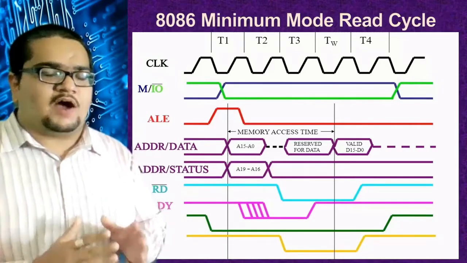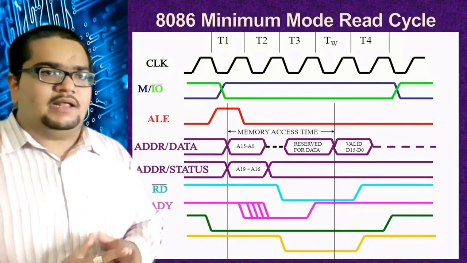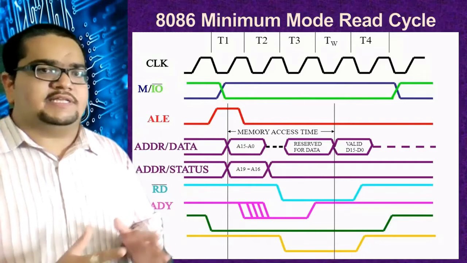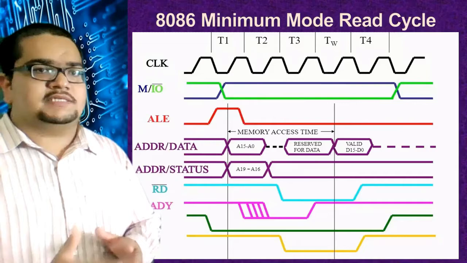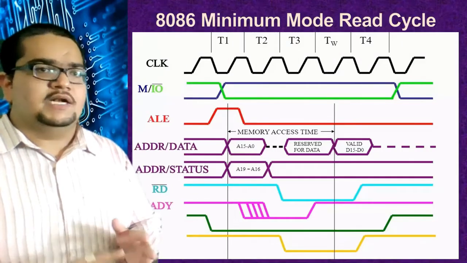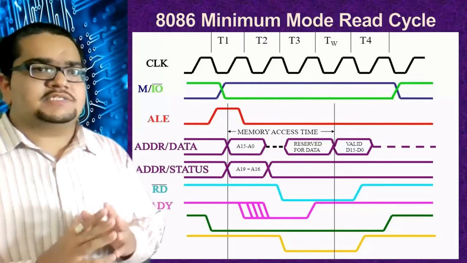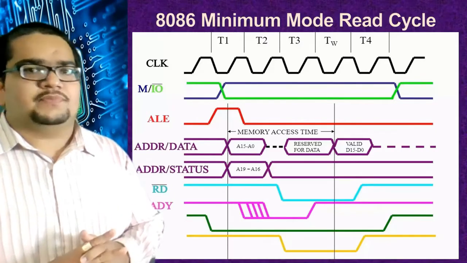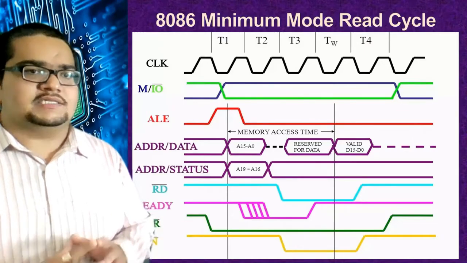So for the first part of the machine cycle, or I can say for at least the one T state, they act as address lines and BHE bar, and for the next time states 2, 3, 4 and TW also, they will be acting as status lines S3, S4, S5, S6 and S7. That is about these particular address and status lines.